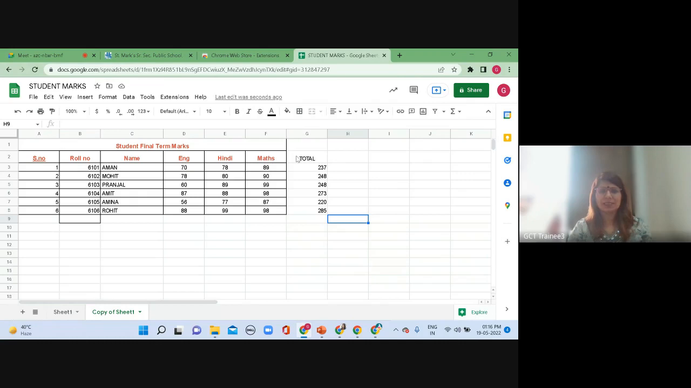Let me just add this also and merge and center the entire thing. Now I want to sort the data according to the name. I want to alphabetically sort the data. So I simply select